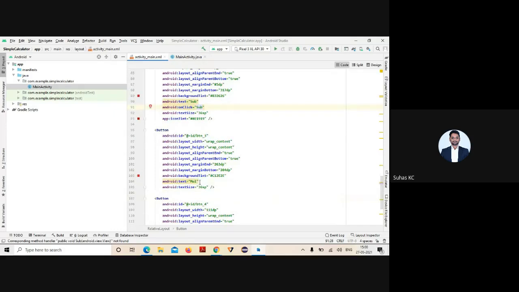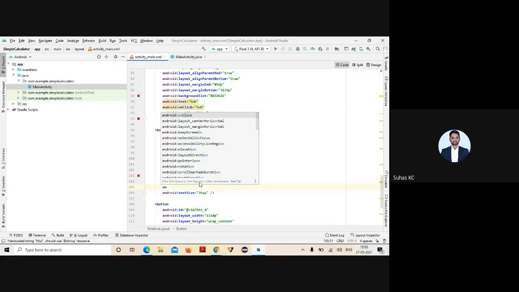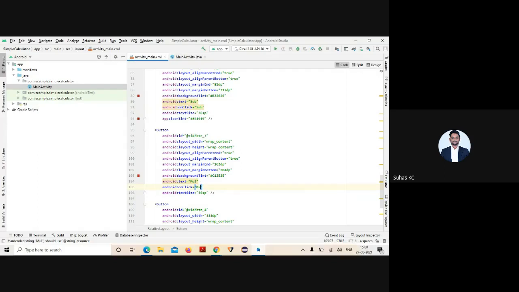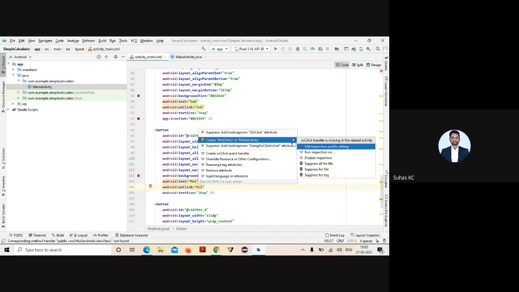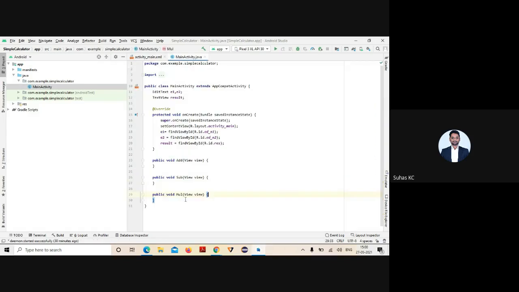In the same way, for your multiplication, simple onClick, press Alt plus Enter and create a method for multiplication. That's it.